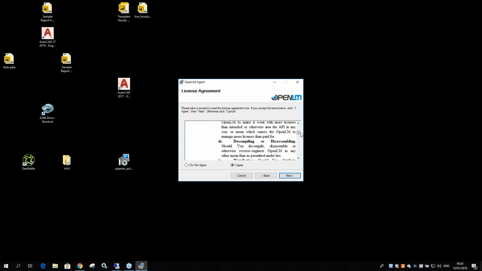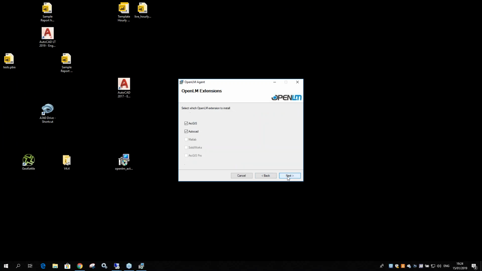It will install it in the background and the user will not even know it's being installed. So, okay, of course you gotta read all that, agree, click next, and this finds which applications you have on your workstation. So it found ArcGIS, it found AutoCAD. Okay, click next. I don't want the app manager right now, so click next, and next, next. That's it. So it will take a few seconds for it to install. Now once it finished,